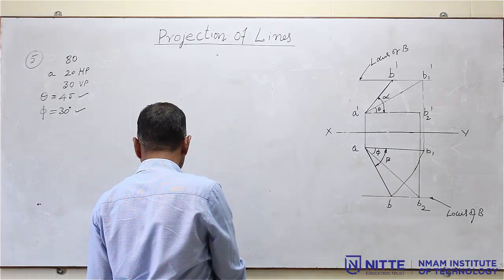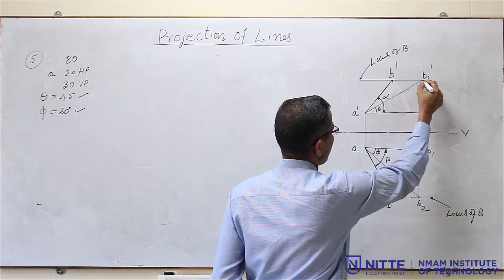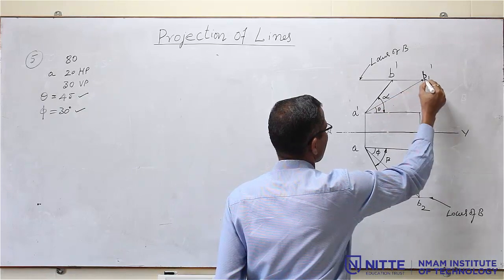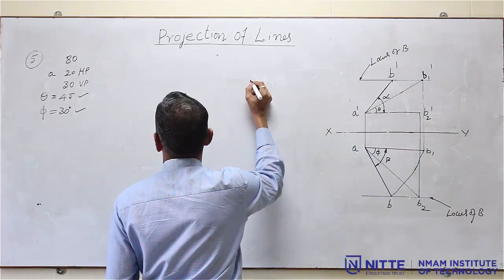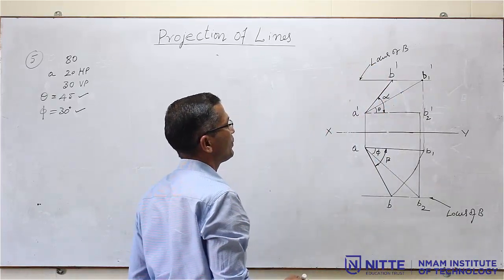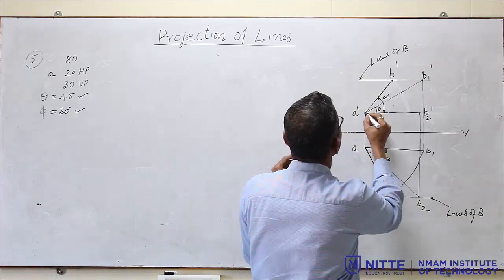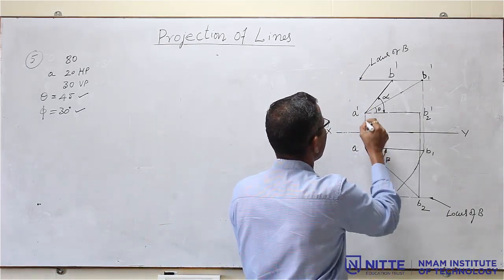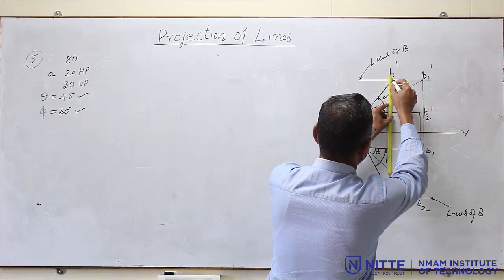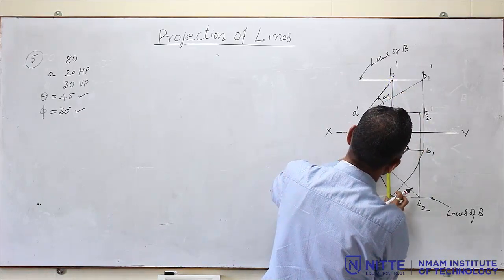Now, here in this diagram, A dash B dash, so A dash B1 dash, this line, that is the actual length, true length, and A dash B dash is the front view and AB is the top view, and the line joining A and A dash is called the end projector, and the line joining B and B dash, like this, we can join it by a light line.